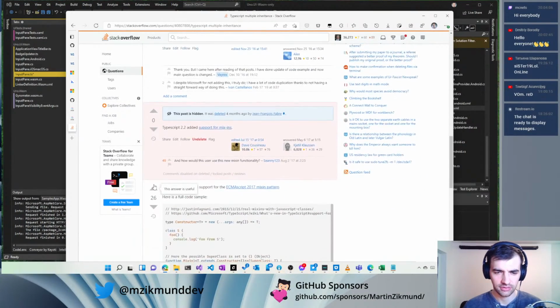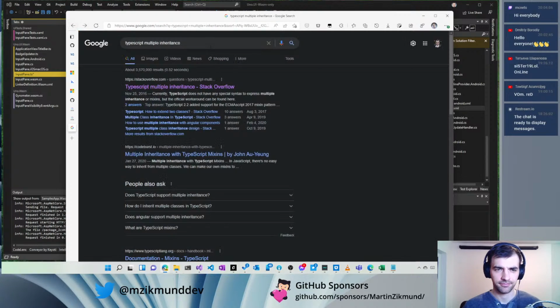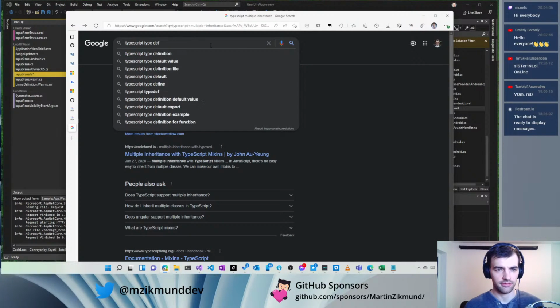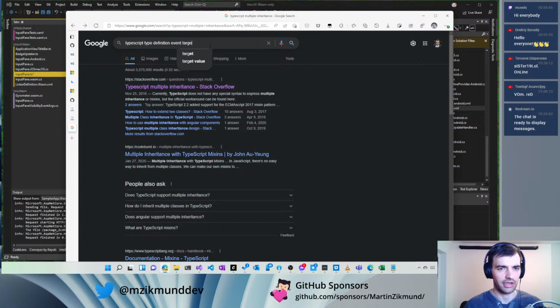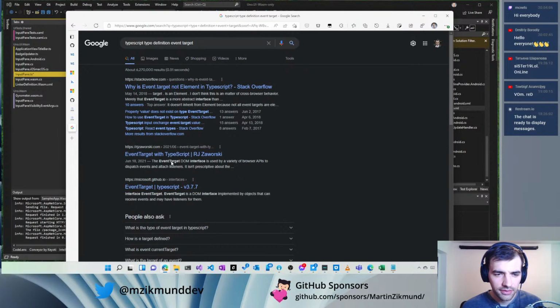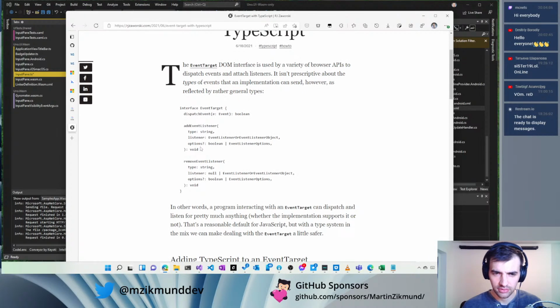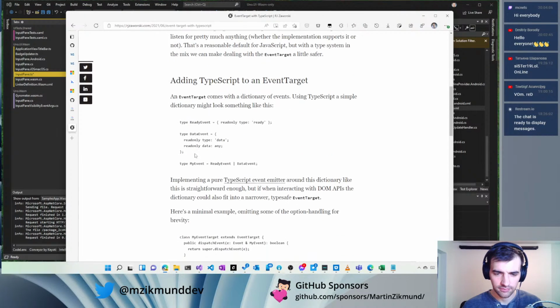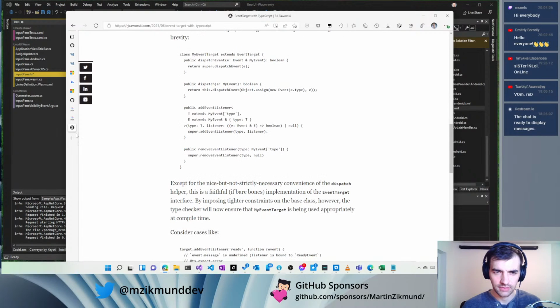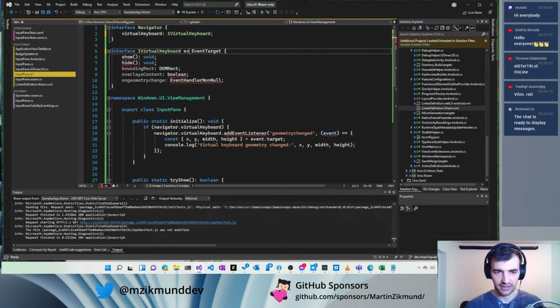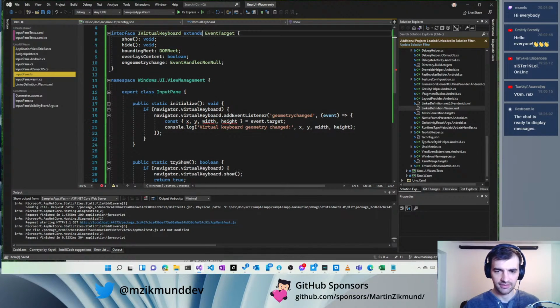Okay. Type definition, event target, whatever. Yeah, extends. So it's extends. Okay, now it's working. So I get the event target, which is